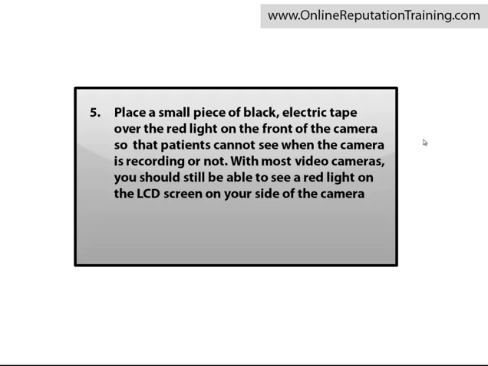This is the red light on the front of the camera that the patient would likely see when you hit the record button. So when you come into the room by yourself, before the patient comes in, you'll hit the record button. If you've got that black tape over the red light in the front, when the patient comes back in the room with you, they're not going to see that red light on. Now, we don't do this